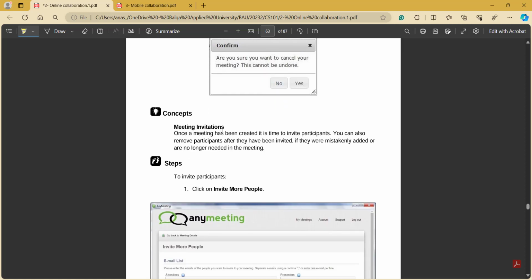What do we mean by meeting invitation? Once a meeting has been created, it is time to invite the participants. We need to invite the people to this meeting. You can also remove the participants after they have been invited if they were mistakenly added or no longer needed in the meeting. This is all done through the AnyMeeting option